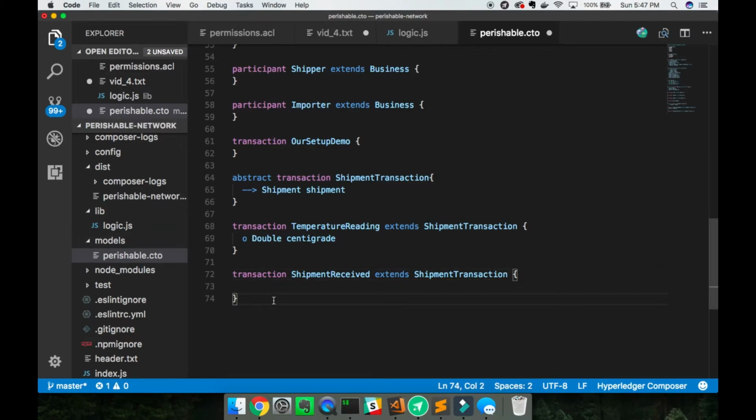But we don't have to do anything with this like we did here with the centigrade. All we have to do is provide it what we have in our abstract transaction. We just have to tell the contract which shipment that we're saying has been received. So we'll save that, and then we have to come over to our